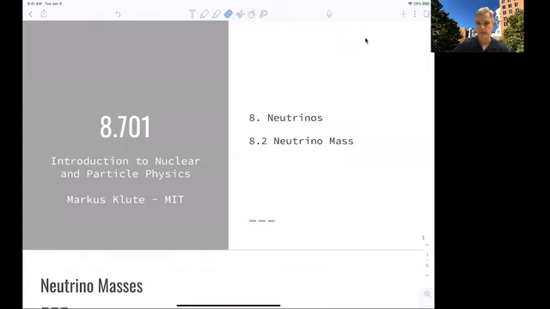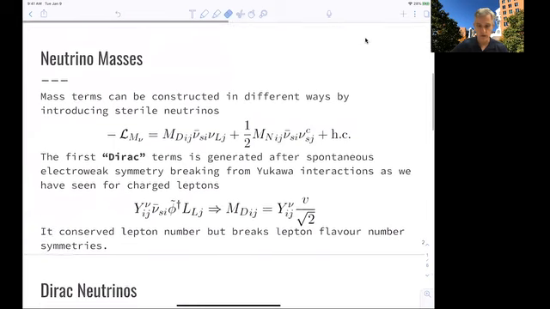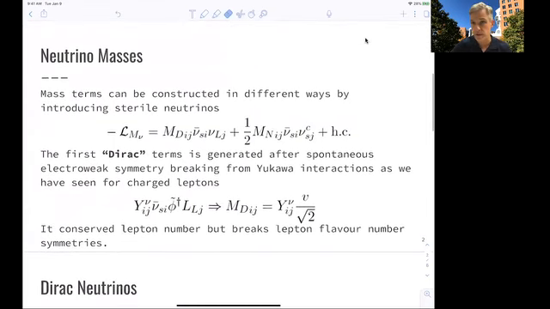Welcome back to 8701. In this section, we want to look at how we can theoretically describe masses of neutrinos. There is not just one way to do this, and the jury is still out on which one is actually realized in nature, or perhaps both are realized in nature. So mass terms can be constructed by introducing so-called sterile neutrinos. The first way,